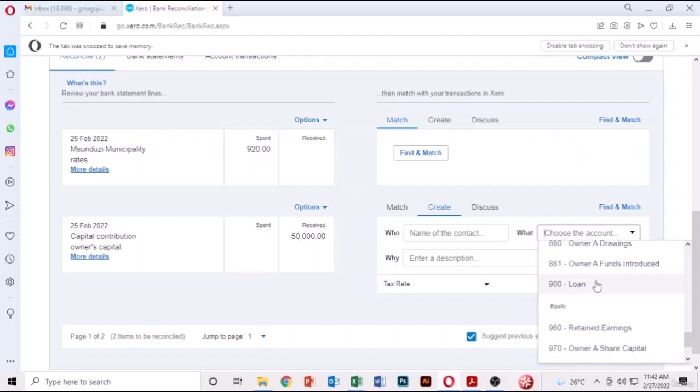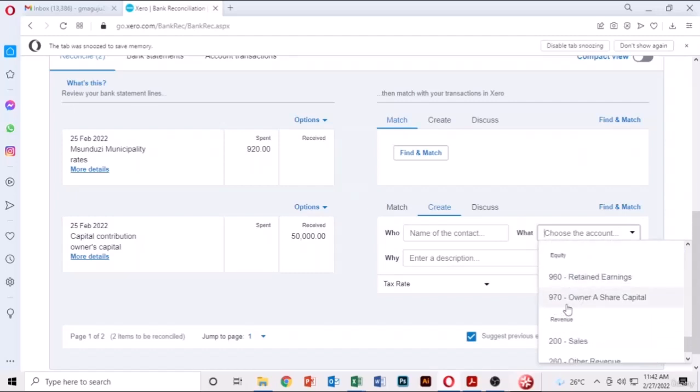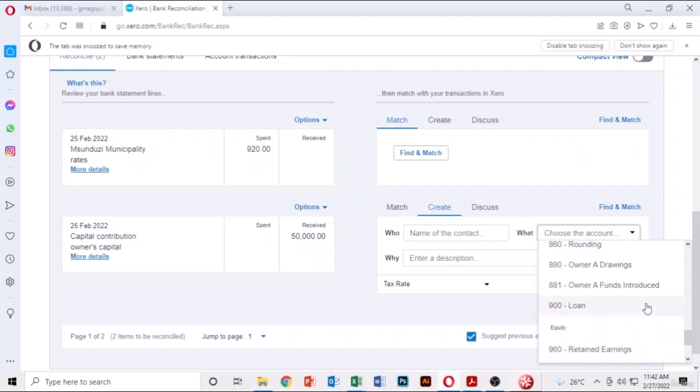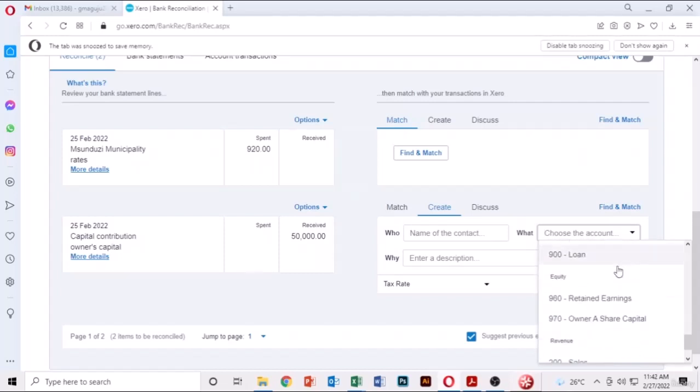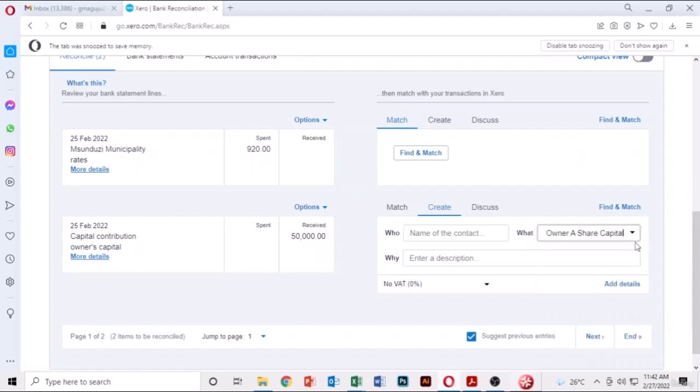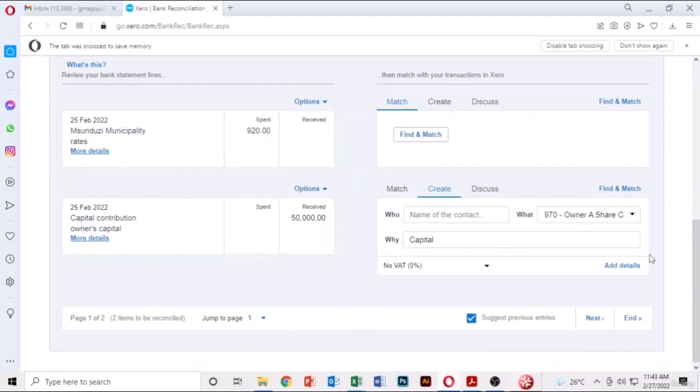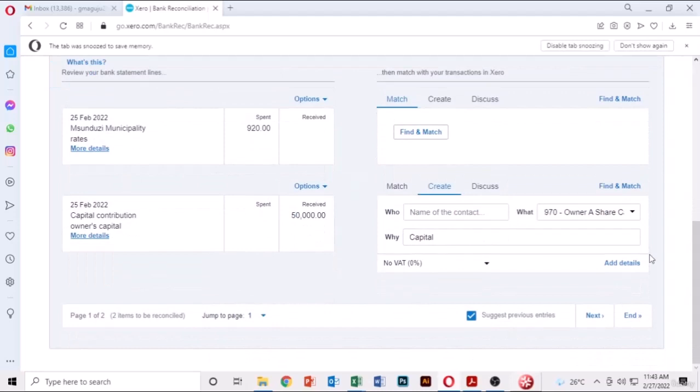And then here there is retained earnings, owner A share capital, right? So here the owner is introducing funds into the business. So owner A funds introduced, owner A drawings. Okay, but let's just put it under equity because it's money that is put in the business. So let's just say capital. Okay, right? So when we say capital now,